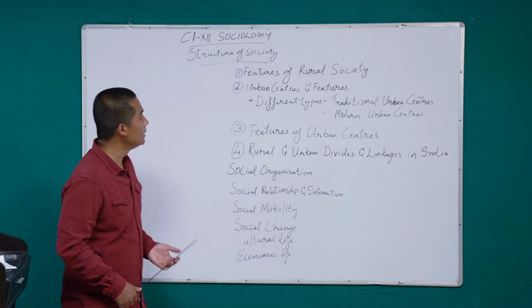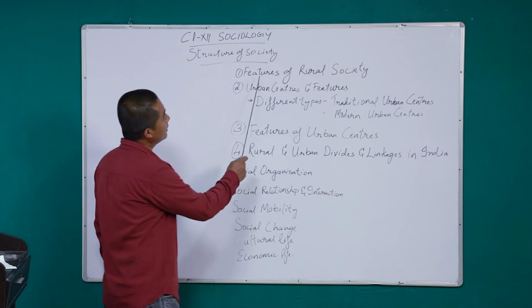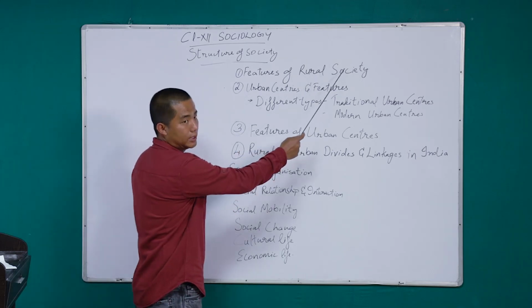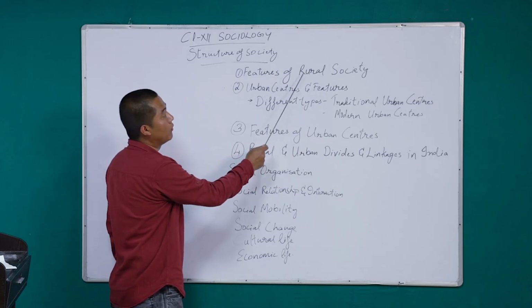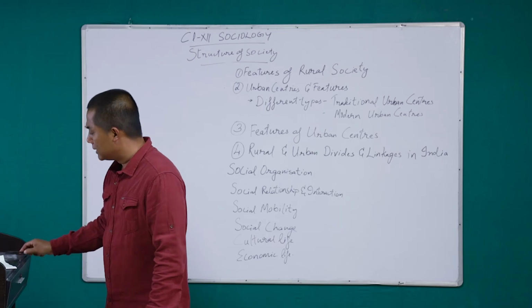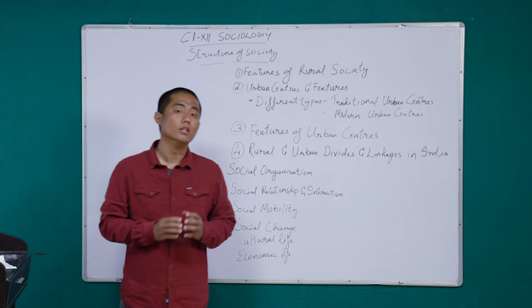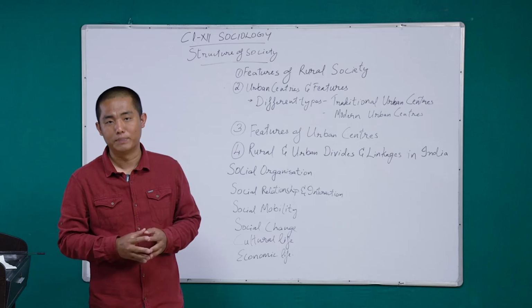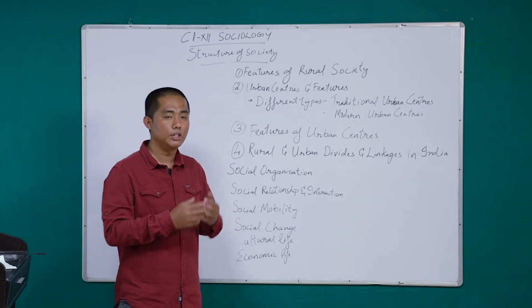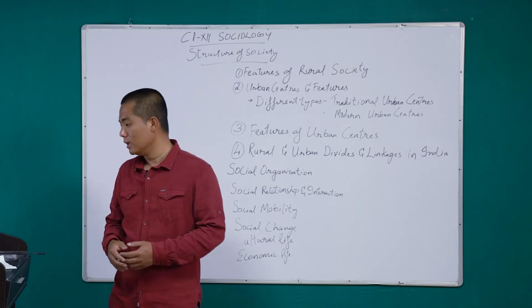And under the rural society, we have this first topic which is called the features of rural society. I repeat again, features of rural society. That is what we will be discussing here. In the last class, we had an introduction about this particular topic. We have also discussed that the first feature of the rural society is